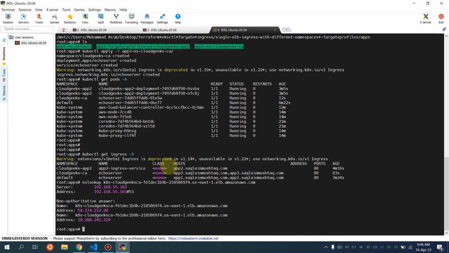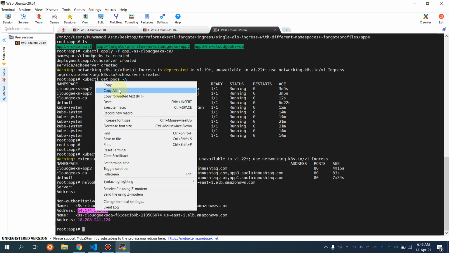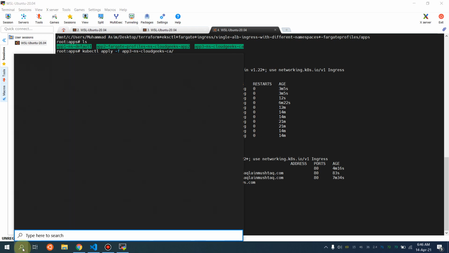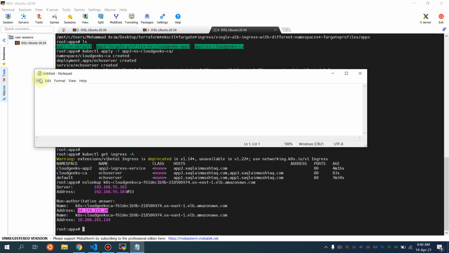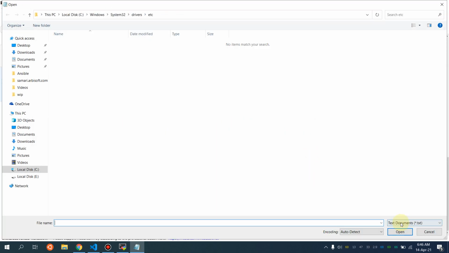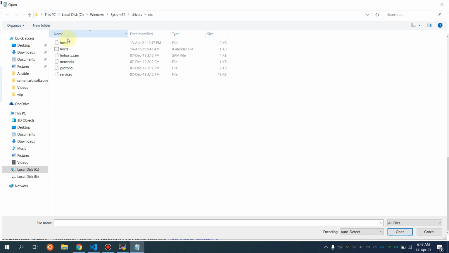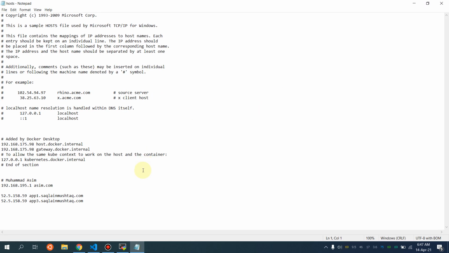So I'm using the nslookup. I'm going to copy this, and simply if I navigate to this notepad, run this as administrator, as I'm using Windows. So I'm going to update my etc host file. So I'm going to simply update the IP. So app1 and app3 are going to be available. As app1 and app3 are going to be using that echo server, so simply let me copy the IP address, and